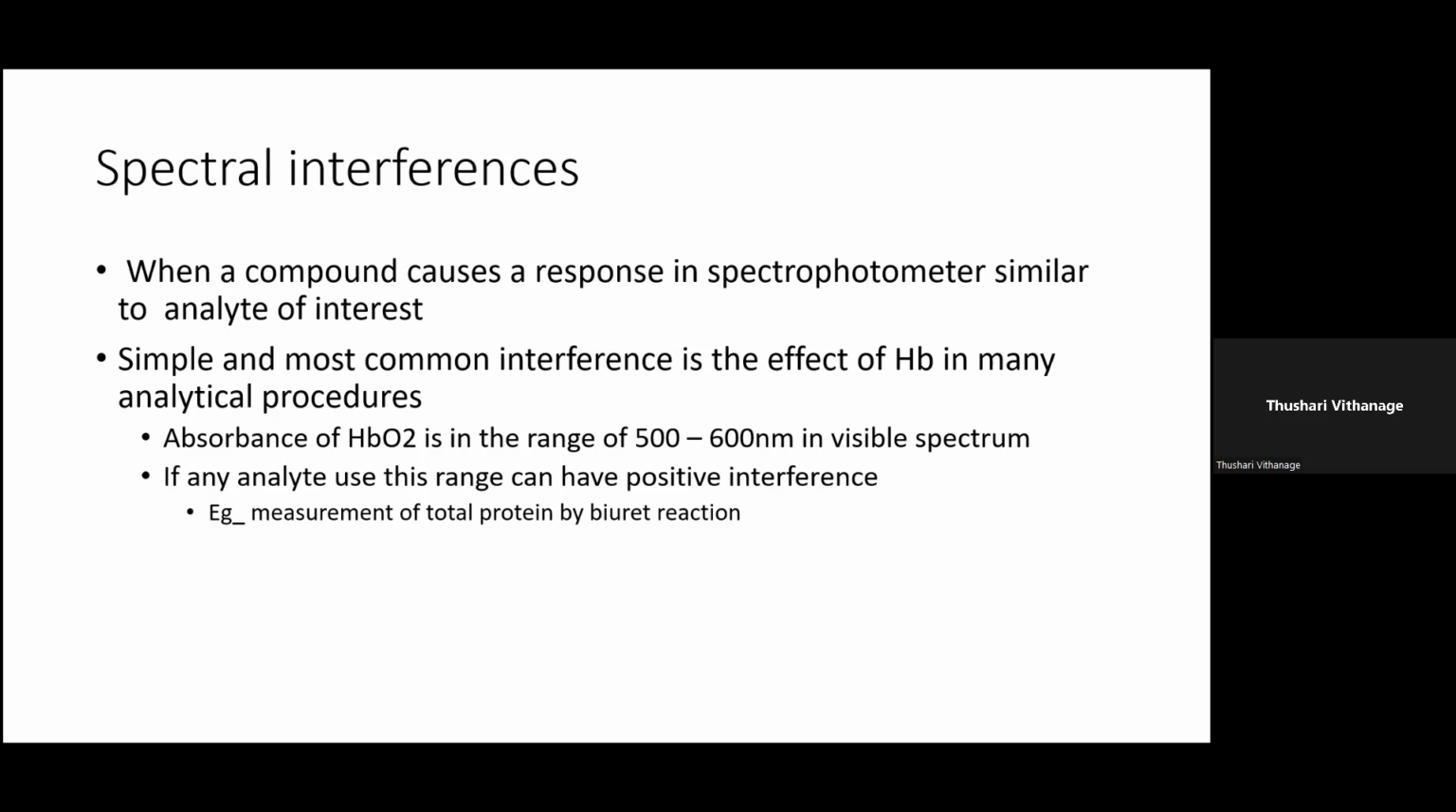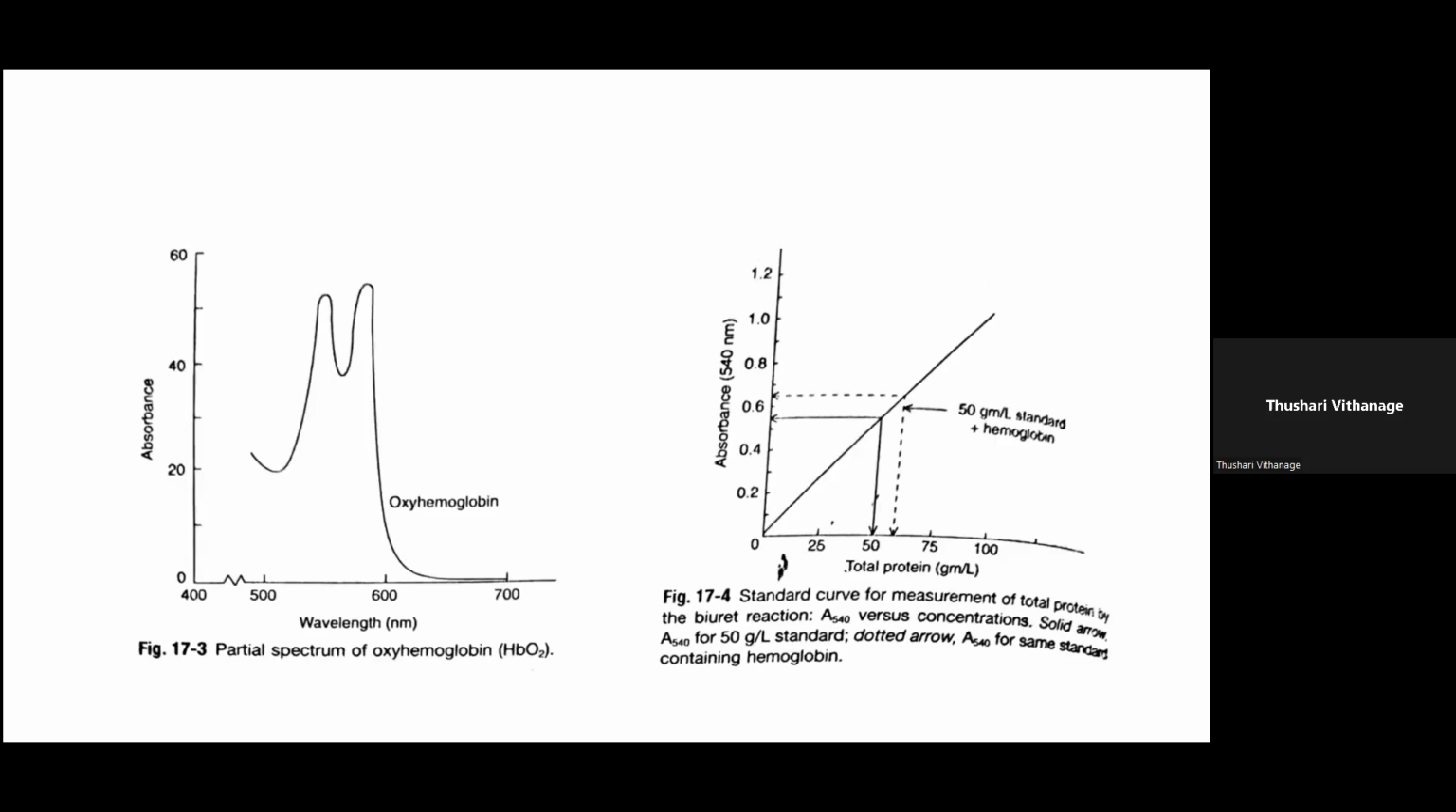Absorbance of oxyhemoglobin is in the range of 500 to 600 nanometers in the visible spectrum, and if any analyte uses this range in their measurement, it can have interference. The example I'm going to talk about here is the measurement of total protein by biuret reaction. The first graph depicts absorbance of oxyhemoglobin. You can see that at wavelengths from 500 to 600 nanometers